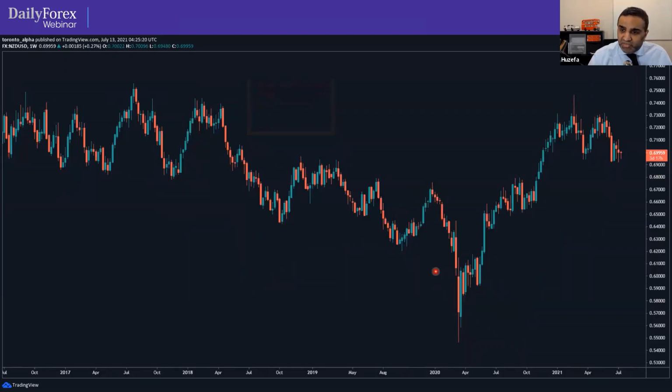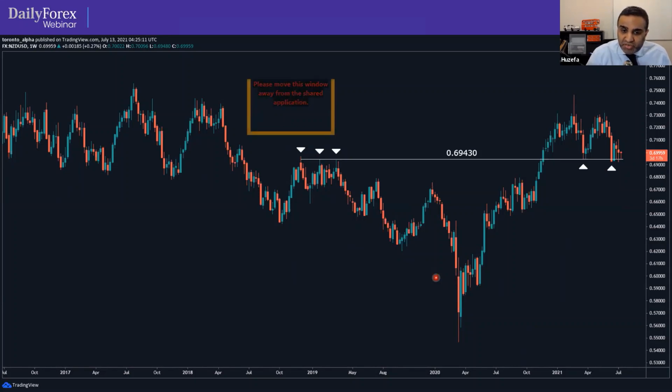Zooming into the weekly first. I saw this on the weekly. I think it's a really great point of control. 0.6943, previous resistance, now support level. It's sitting on there. So it could rocket up, but it's just